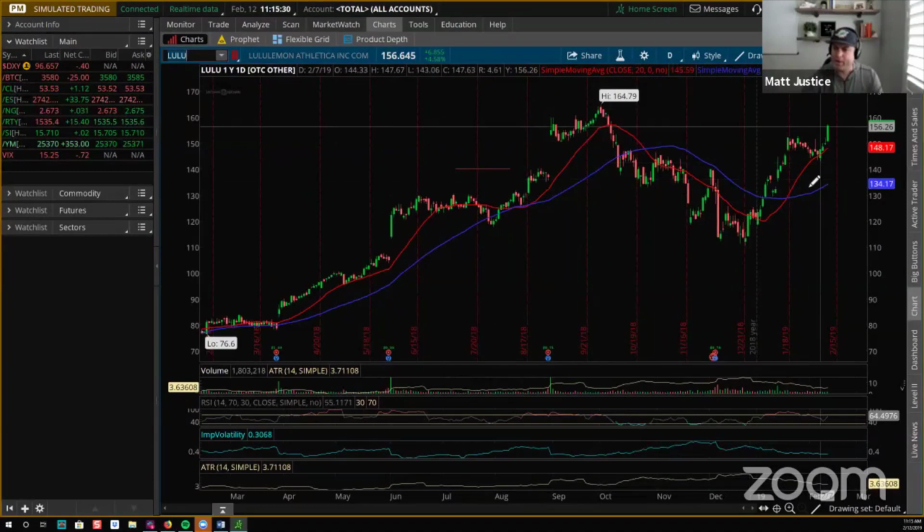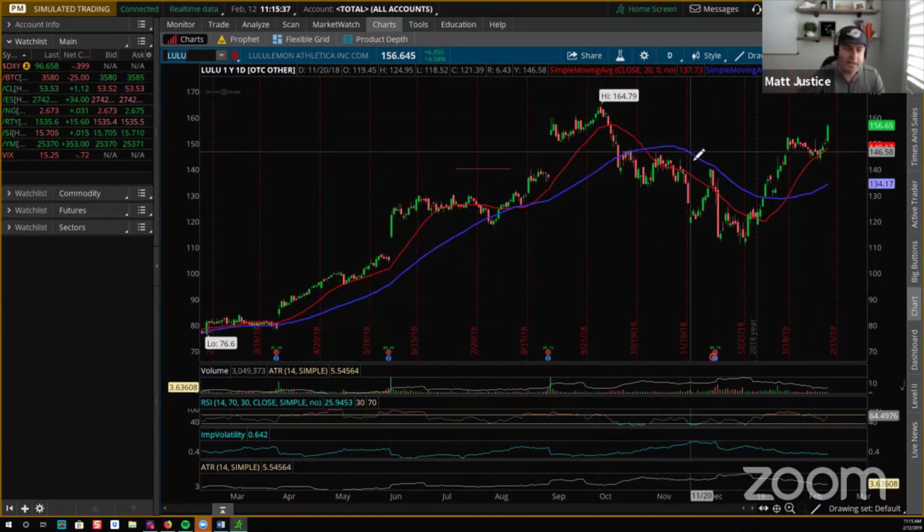You got a great breakout on Lulu. Fantastic breakout on Lulu. Fantastic breakout on Spotify. But you don't get in on the actual breakout. You get in on the second day off the breakout by putting your order 10% of the ATR above the high of the confirmation candle on the breakout. Now, that is a wonderful technique, a conservative technique into